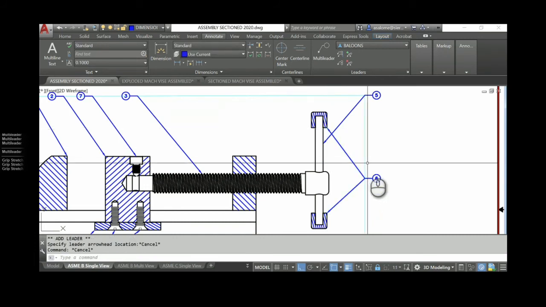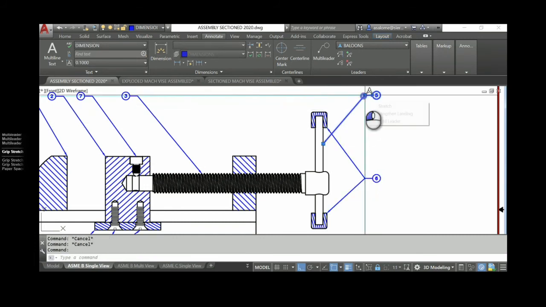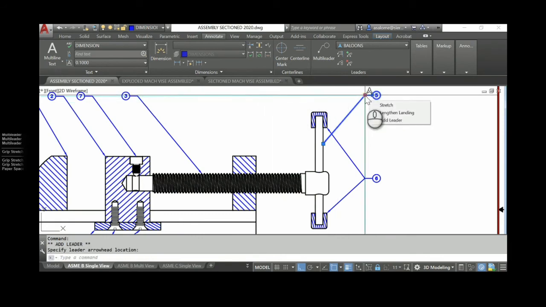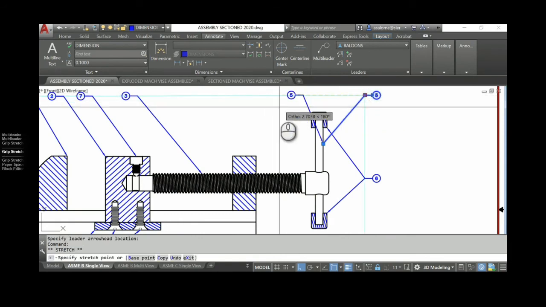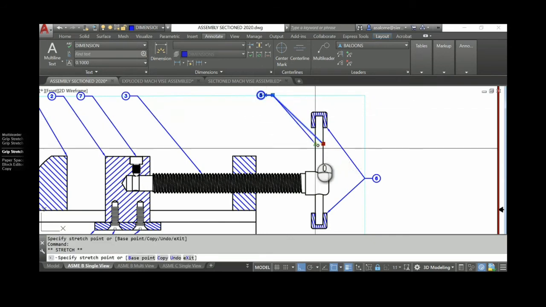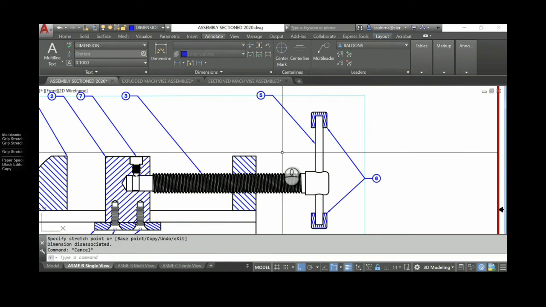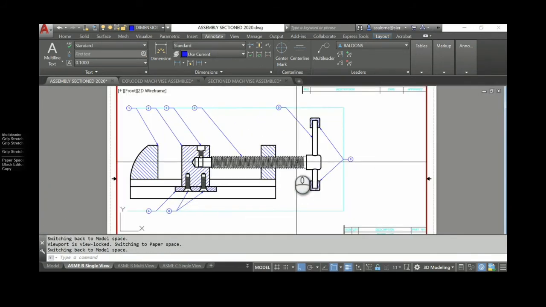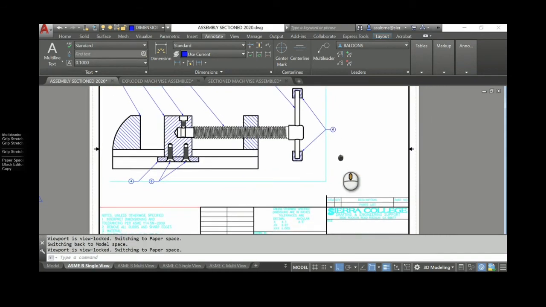So what you might want to do is take this one. Can we move him? Yeah, let's move him over here, and we can move his attachment over here. Okay, so that looks really good. Notice these are all nice and lined up. They're nice, neat, and easy to read. My machinist, my manufacturer, is not going to have a problem reading these.